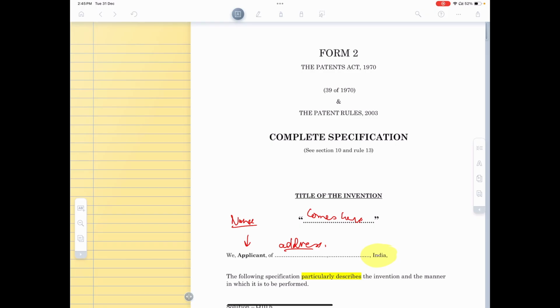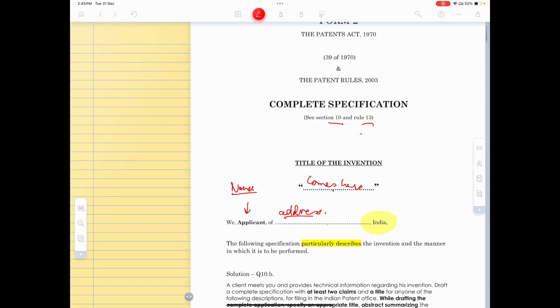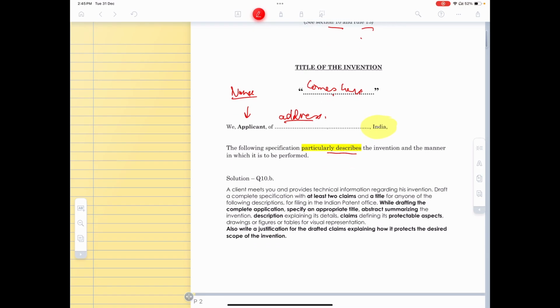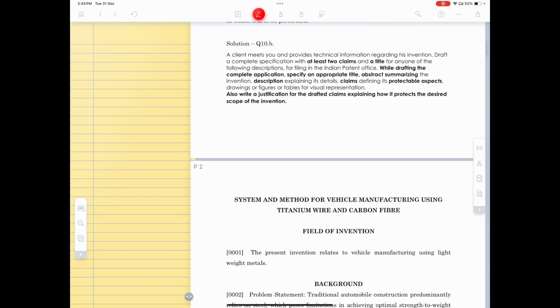Okay, so you have to prepare form 2. You need to write all of this that is there. Title will come over here, the applicant name will come over here, the address will come over here. Now don't give your details over here. Just make sure that the examiner can identify that, yes, you know what is going where in the form. And then we discuss this, and now we move on to the